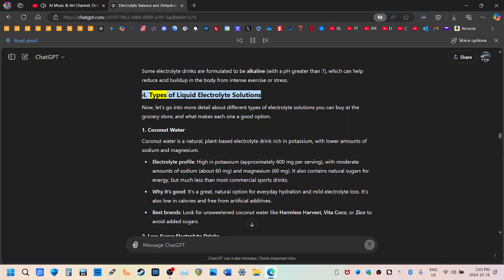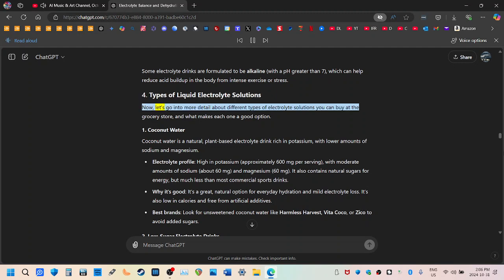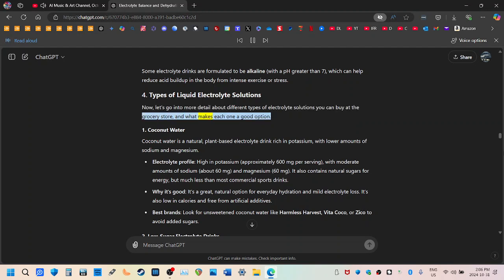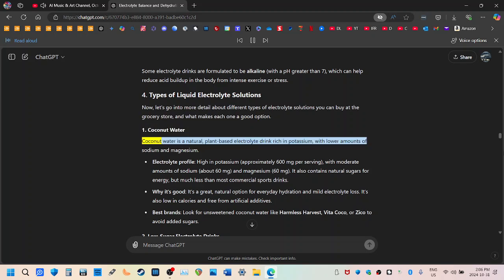4. Types of liquid electrolyte solutions. Now, let's go into more detail about different types of electrolyte solutions you can buy at the grocery store, and what makes each one a good option. 1. Coconut water. Coconut water is a natural, plant-based electrolyte drink rich in potassium, with lower amounts of sodium and